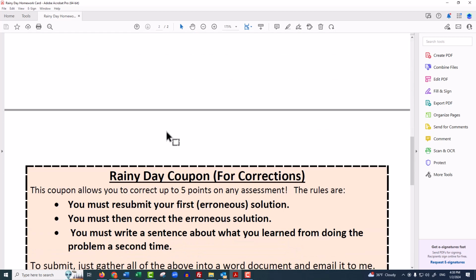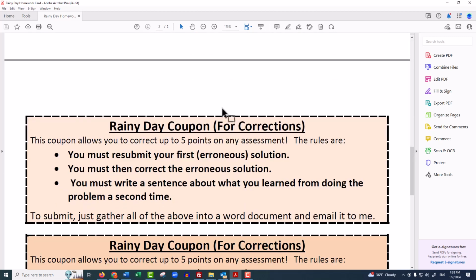Now, the other 3 are for corrections. And this works for anything, homework, lab, exams, whatever. It allows you to correct up to 5 points, but you have to do some work to get those points. So the first thing you have to do, and these are these little bullet points, is resubmit your first erroneous solution. What most people usually do is just take a picture of what they did,